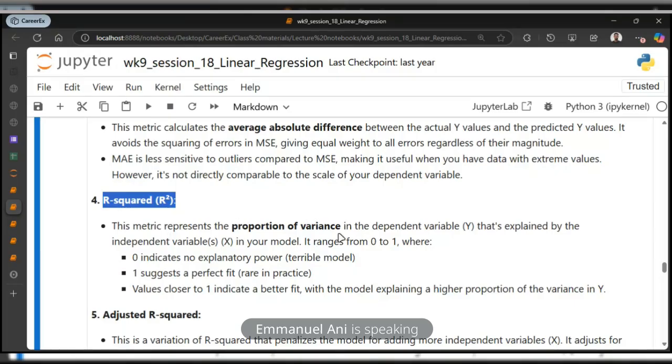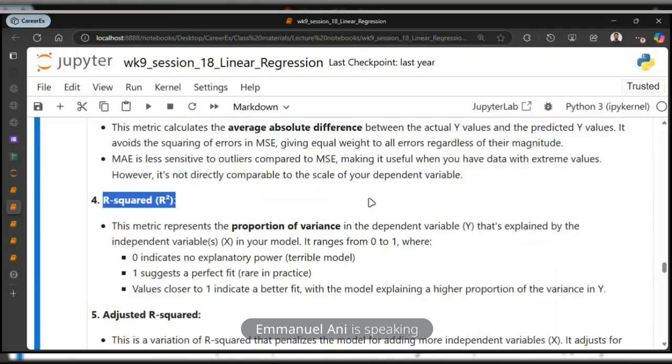It tells you how well your regression model fits the data by telling you how much percentage. It tells you, let's say, 90% of changes in exam score can be explained by the study hour variable,